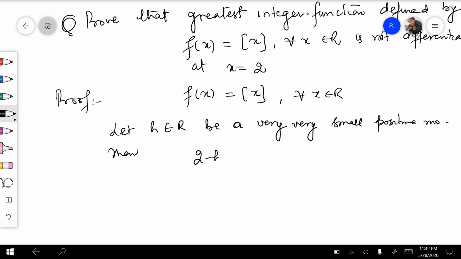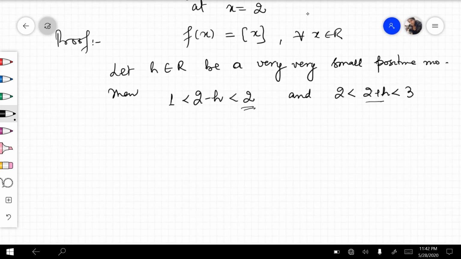2 minus h will be a number less than 2, and it will be greater than 1 because h is very, very small, that is negligible. And 2 is less than 2 plus h is less than 3, because if h is a very small positive number, when it is subtracted from 2, it will be less than 2, and when it is added to 2, it will be greater than 2. Now